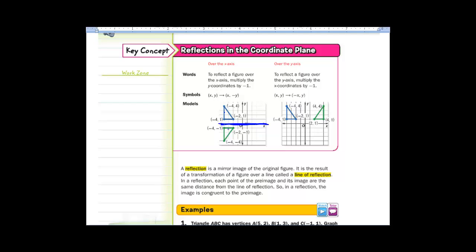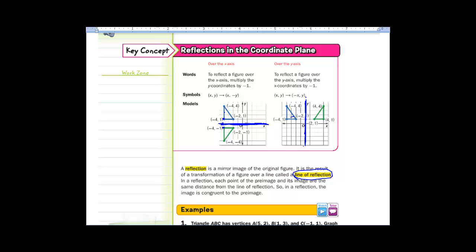So it could be reflected over the x-axis. In other words, the x-axis is the mirror that you are taking this and reflecting it down. Or it could be that the y-axis is the mirror. It talks about the line of reflection. So if the y-axis is the line of reflection, you're taking this and flipping it over the y. One thing I want to make sure to point out to you, if you're flipping it over the x